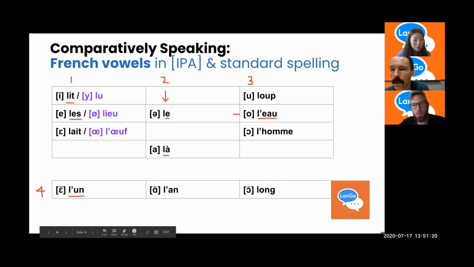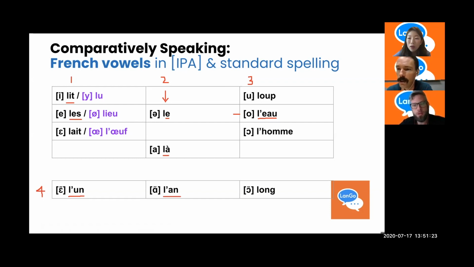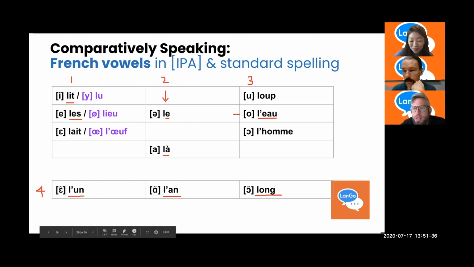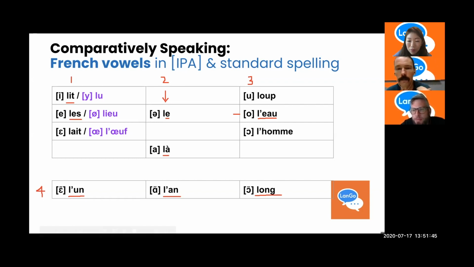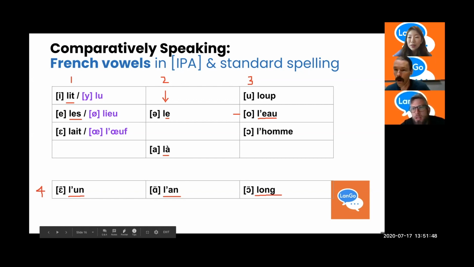Next example with the next vowel, l'an, means the year. And we can say long, with the rounded nasal vowel. Long means long. Happens to be spelled the same. Was that loaned into English? Nope, these are cognates. It's an inherited word in both languages. They happen to be spelled alike. They don't sound alike though. Because they use longe in Portuguese. Cognate. Longus in Latin. Yeah, I didn't know.